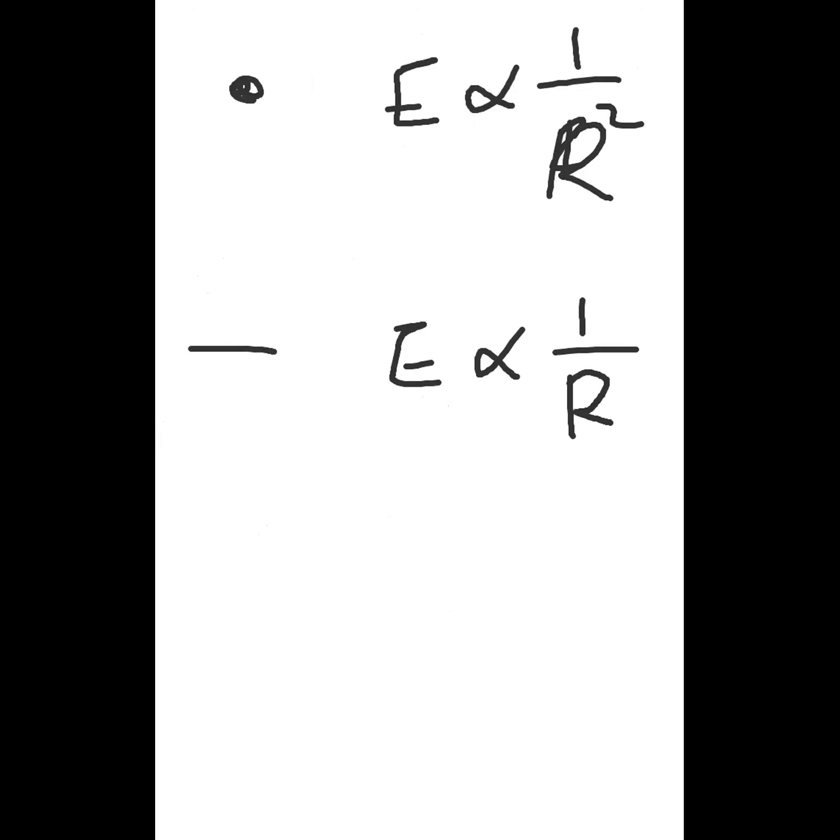Can anybody tell me in which case the reduction is more, either in a point case or in a line case? In which case is the electric field reduction more? Definitely the point charge will have more reduction, because the denominator r square comes. So definitely electric field due to point charge decays at a much faster rate as compared to the electric field due to line charge. Finally you should know this difference: this is 1 by r square and this is 1 by r.